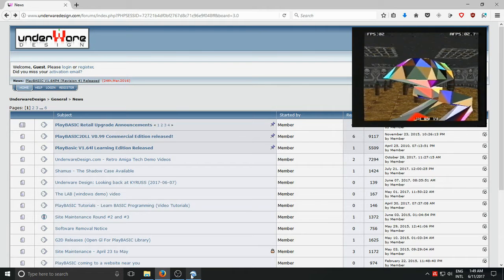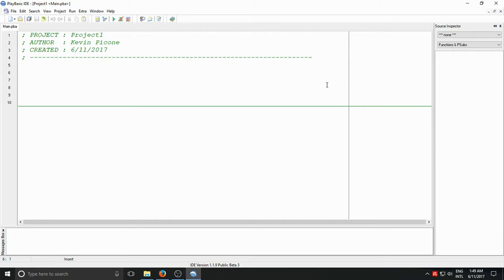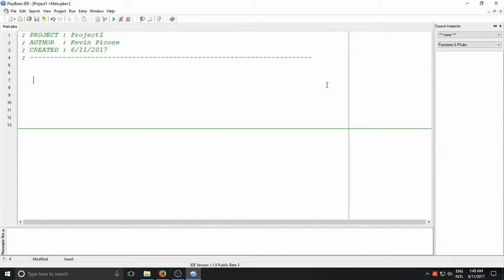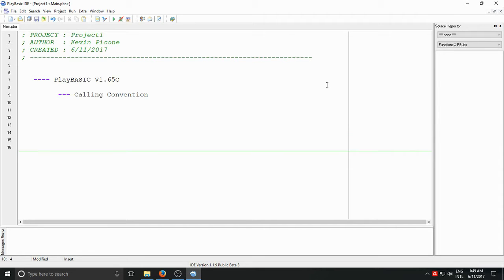But not here to talk about old stuff. We're here talking about, I guess, what's been happening with PlayBASIC. So last time we talked, last time we had a bit of a blog, we're in the middle of doing 165C, or we've moved on to that process, and we've got a new calling convention for commands. That's actually in place now, and I was going to release that into the public the way it was,